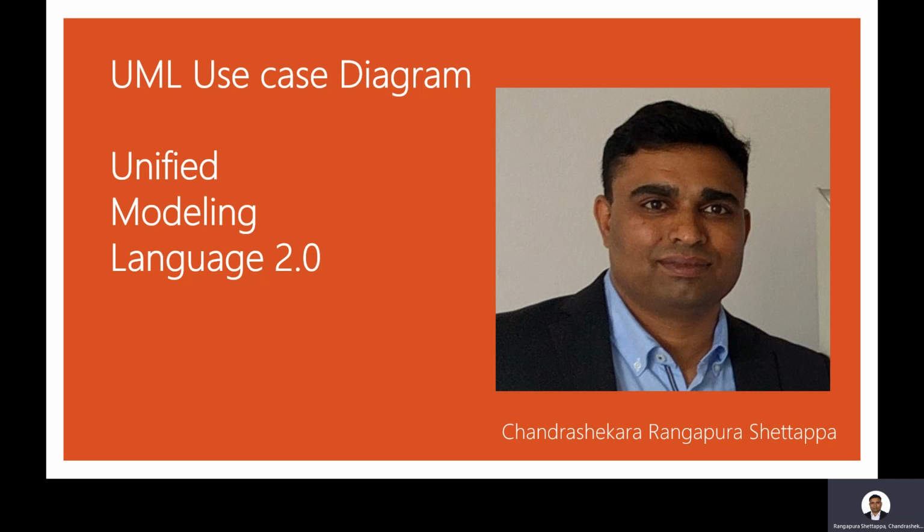In our previous session, we learned what UML is, which different types of diagrams there are, and how we can use these diagrams during our software life cycle. In this session, we will take the use case diagram as a concrete example. We will do a deep drill down of it and understand all the concepts behind use case diagrams and how easy it is to represent.